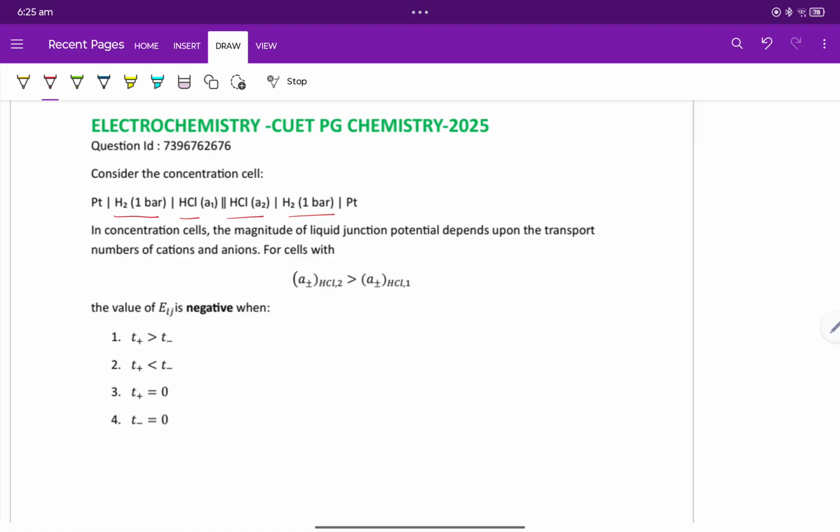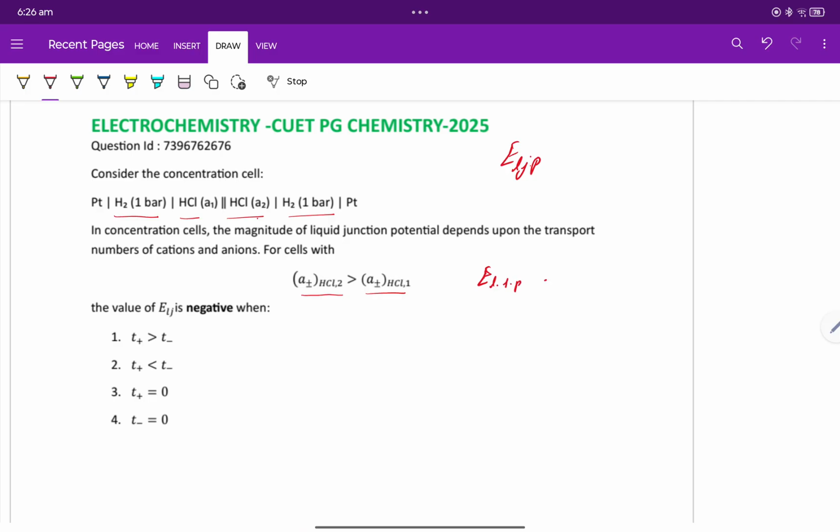And you are asked to determine the liquid junction potential, E liquid junction potential. Normally we denote it as ELJP. And under the condition, it is said that A plus minus of HCl 2 is greater than that of A plus minus of HCl 1. Now you see it is given in the activity terms, not in the concentration terms. So in the activity terms, if you determine the equation for liquid junction potential is